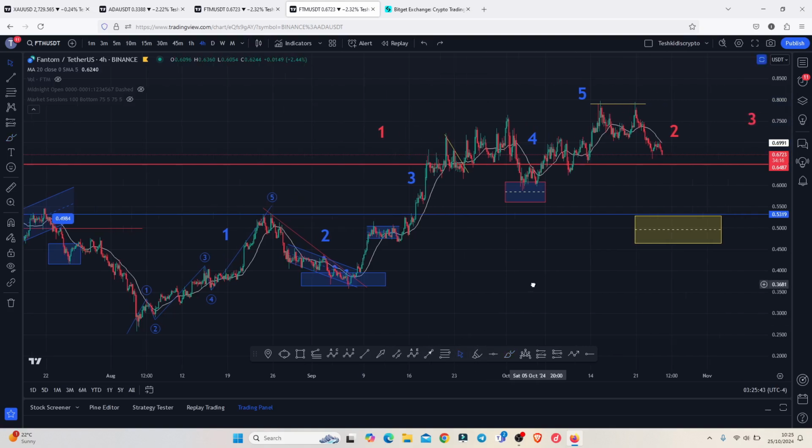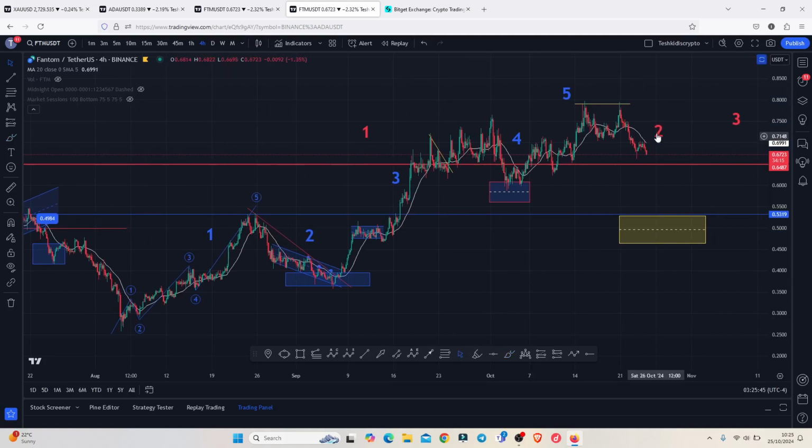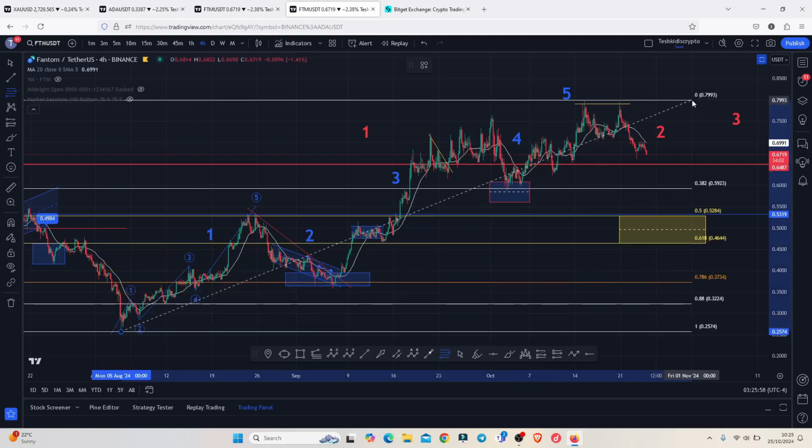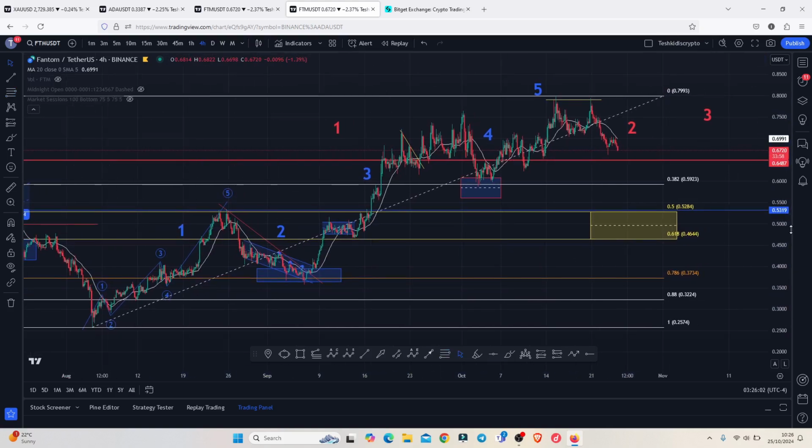And since we have the highs in place for that larger additive count 1, I have been expecting that we are going to see a bit of a short-term breakdown move in the formation of a larger additive count 2, whose minimum target areas can be given by connecting the fibs from the low of the first wave to the high of this additive count 1, giving me a minimum pullback target area for the second wave between the fib level 0.5 and the fib level 0.618, and that is between the 0.5284 and the 0.4644,